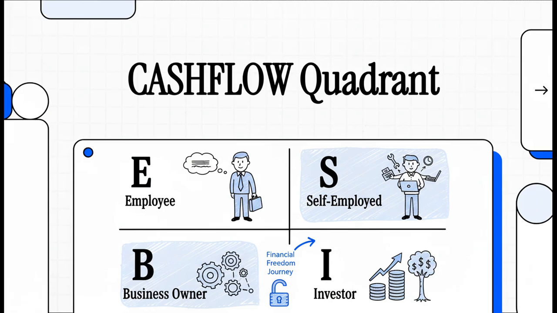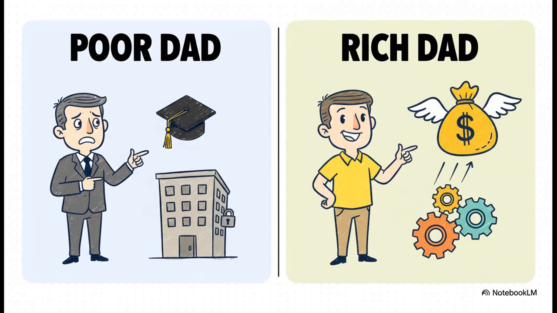Ever wonder why some people just seem to work less but make way, way more money? It's a question that drove author Robert Kiyosaki, and his answer is this really powerful framework he calls the Cashflow Quadrant. Honestly, it's an idea that might just completely flip how you think about your job, your money, and your future. So this whole thing started for Kiyosaki because he basically had two dads with two totally different philosophies on